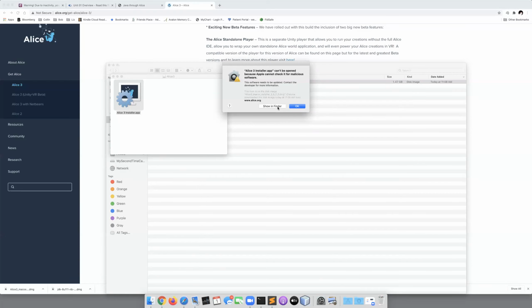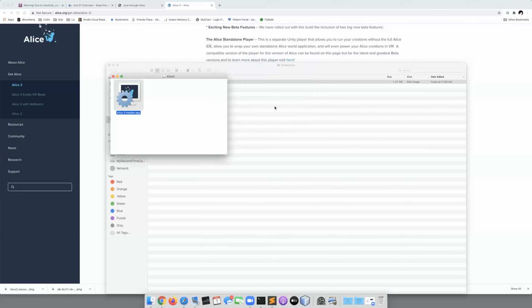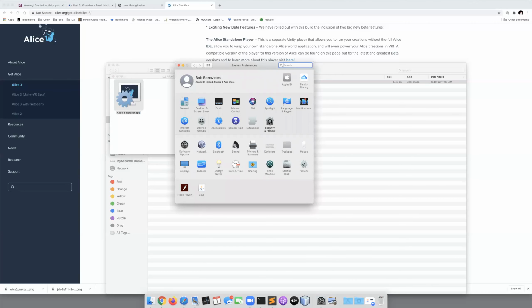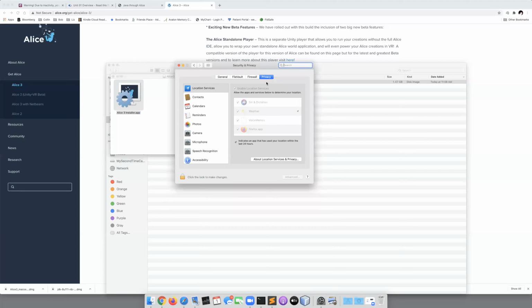So what are my choices on here? I don't see a whole lot of choices, right? Let's click on Show in Finder, and I'm back to where I was, right? So let's go ahead and go to System Preferences, the Apple icon, go to System Preferences. I'm going to go into Security, and in Privacy,